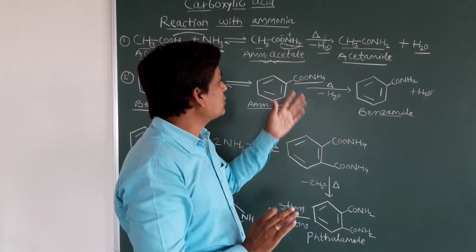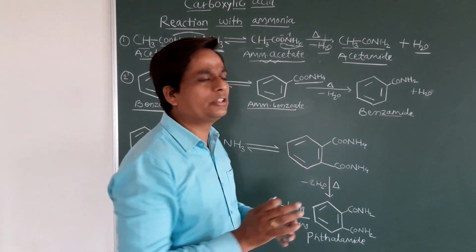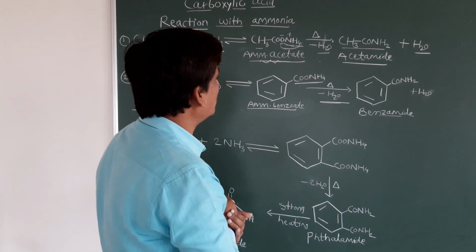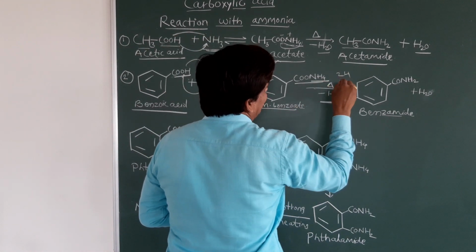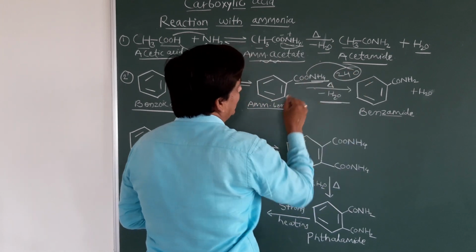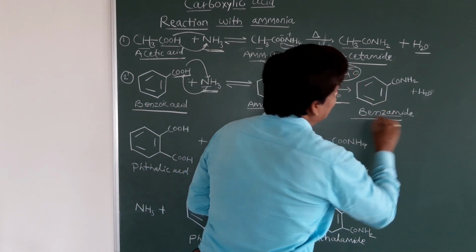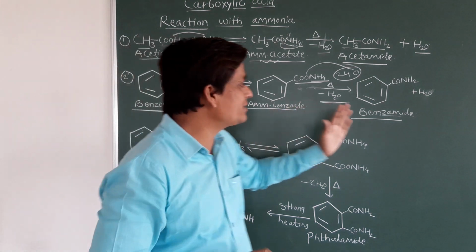Students, this ammonium benzoate, on heating, undergoes decomposition and loses water molecules, minus H2O. How is the water molecule removed? From this NH4, two hydrogens, and one oxygen from this O, that is H2O, are removed, and what remains here is the benzene ring CONH2. We get benzamide here. Students, clear? How do we get the benzamide?